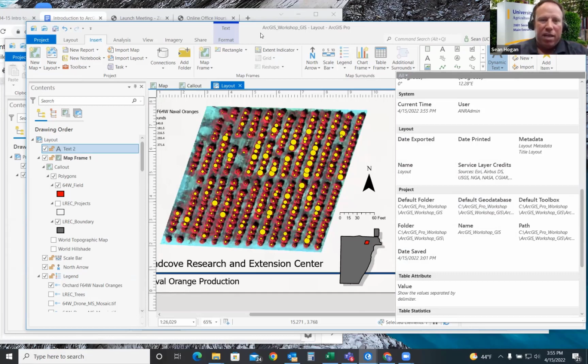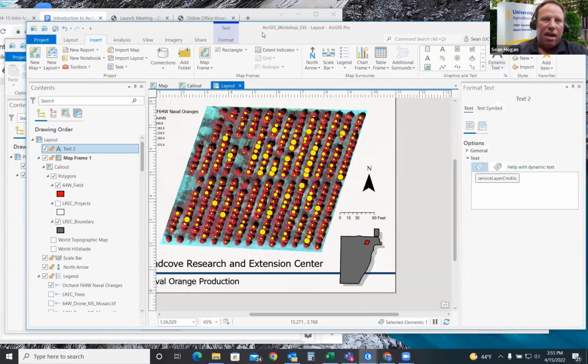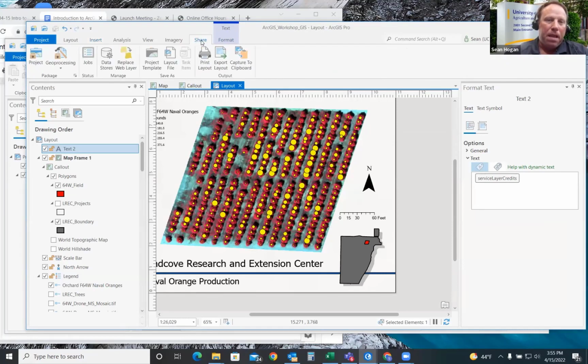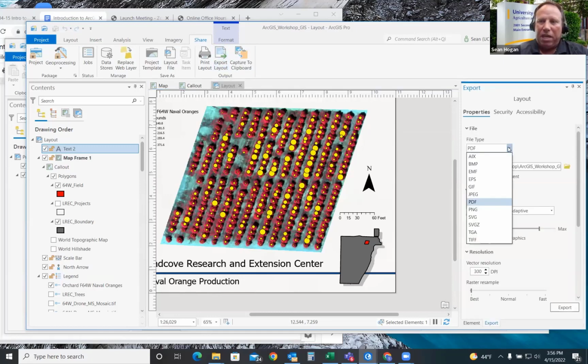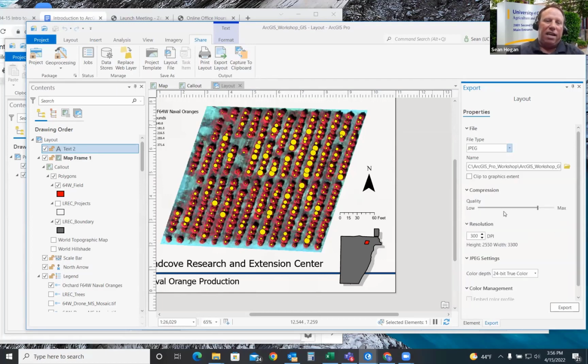Good. With 5 minutes left to spare. Now, what we'll want to do then is we got all this done. We'll click save. That's the first thing you do. The last thing you might be interested in doing is going up to share, and you can export the layout. You can save the project file. You can do a number of things. Sometimes you just might want to screen capture. In this case, if I wanted to export the layout, I could right click and export as a PDF or a JPEG. That's how the slides ended up in Maggie's presentation, which are just exports of this.